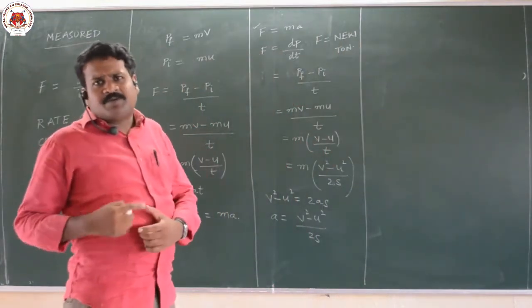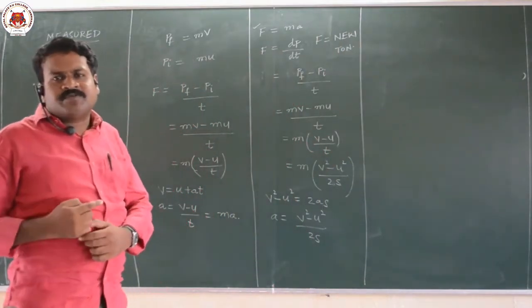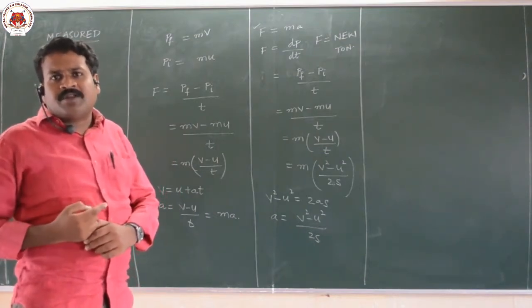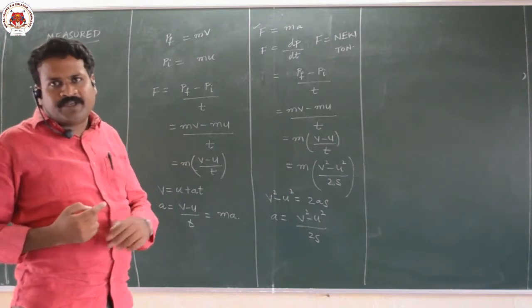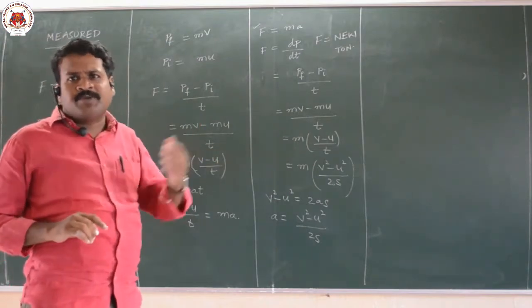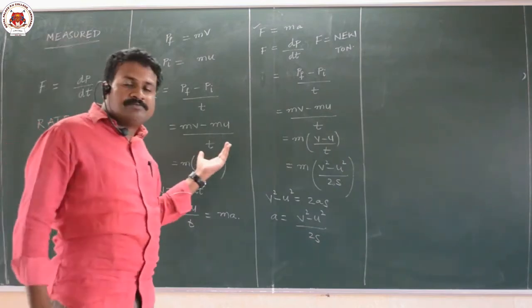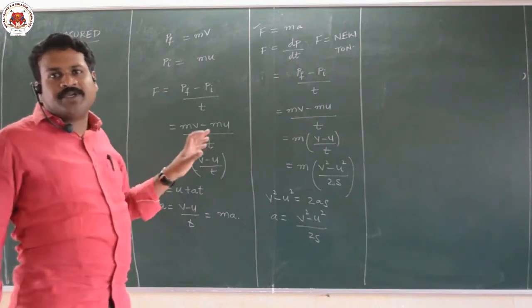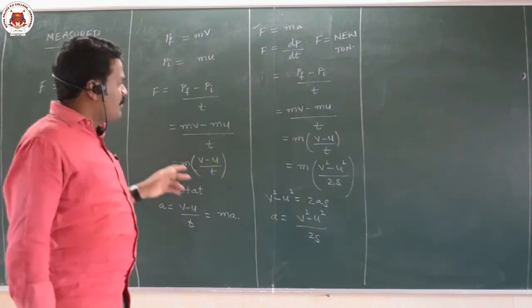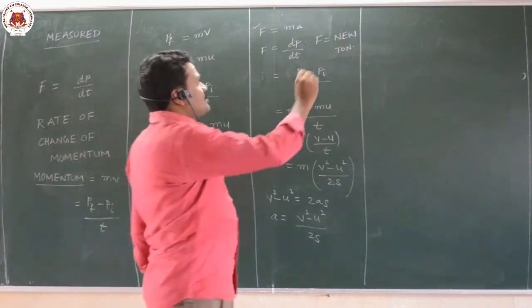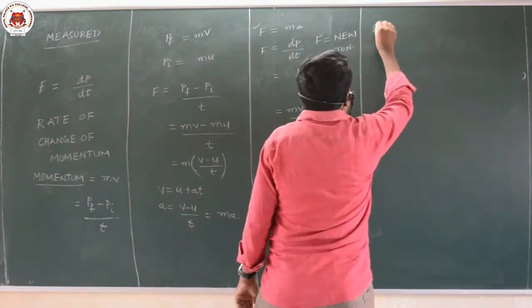He says that force is a physical quantity which tries to change the state of rest or uniform motion or the direction of a body. Then he defined inertia. In order to overcome inertia, we have to apply force. Next, he calculated force as F is equal to m into a, that is mass into acceleration. And afterwards, he gave the direction of force, which is another law called Newton's third law.